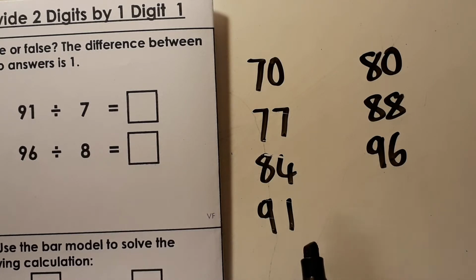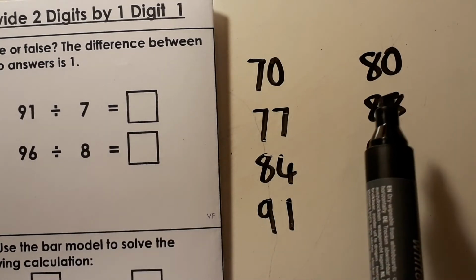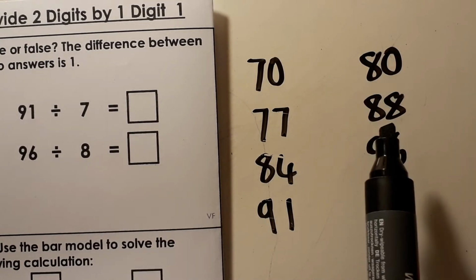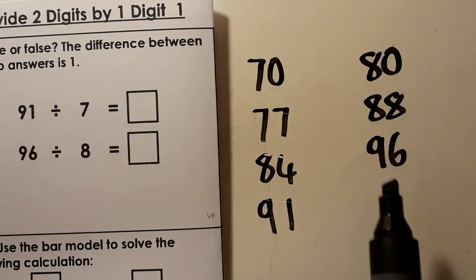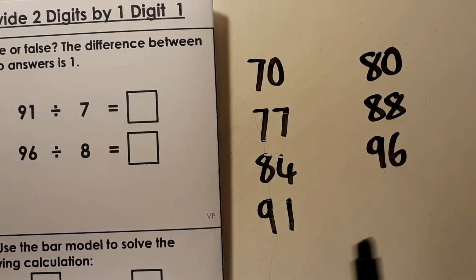And then in my multiples of 8, I've gone 10 times 8 is 80, 11 times 8 is 88, and 12 times 8 is 96. So I know that my